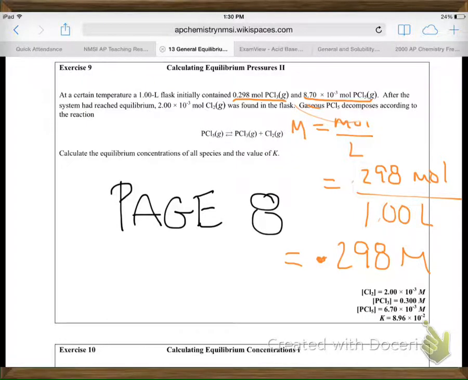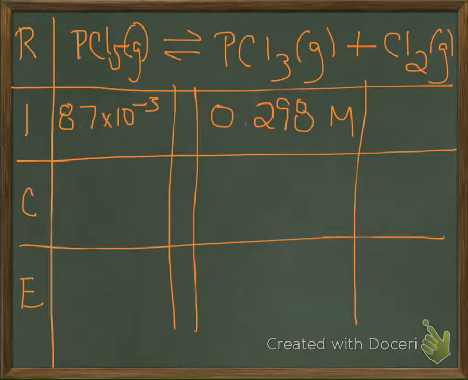After the system had reached equilibrium, we had 2.00 times 10 to the negative third molarity for chlorine. So let's put that in there. And it said equilibrium, so I'm not looking at I here, I'm not looking at C, but I'm looking at E. So this, if we want to rewrite it not in scientific notation, will be